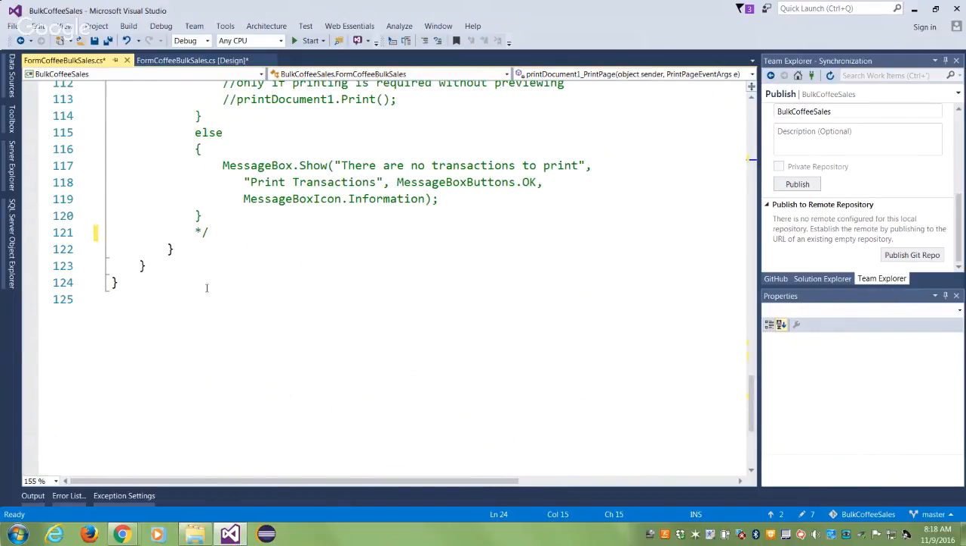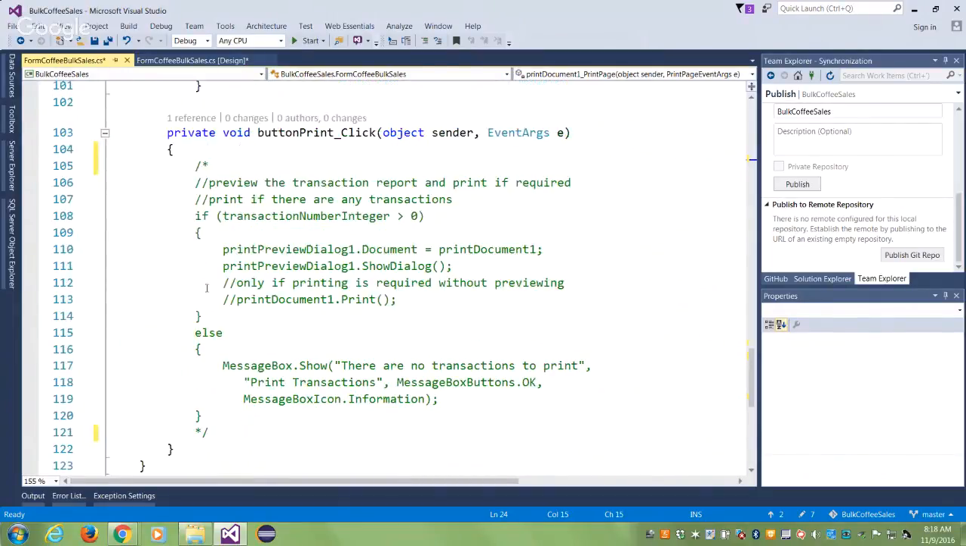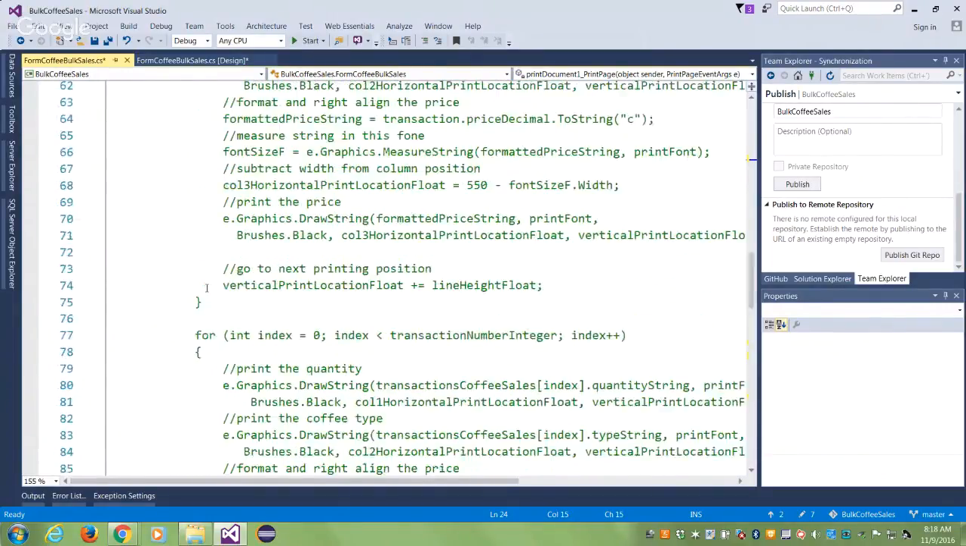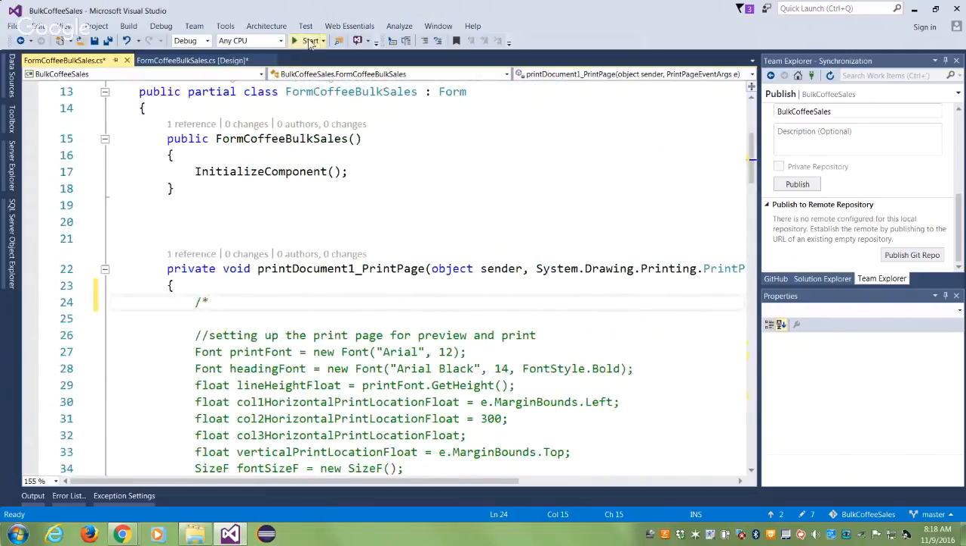So three brackets at the end. I think one was for the class, one for the namespace, and one for the method. Okay, so we are good. So now it's fine. If you would like to run it now,